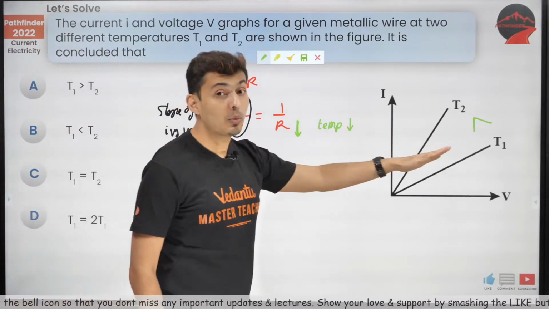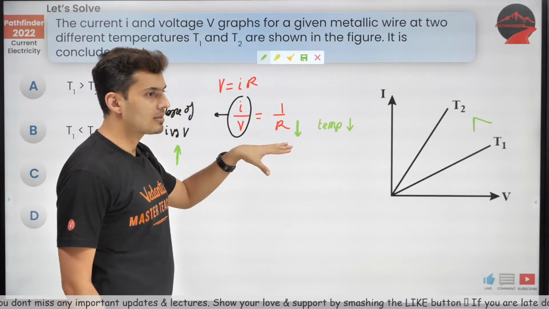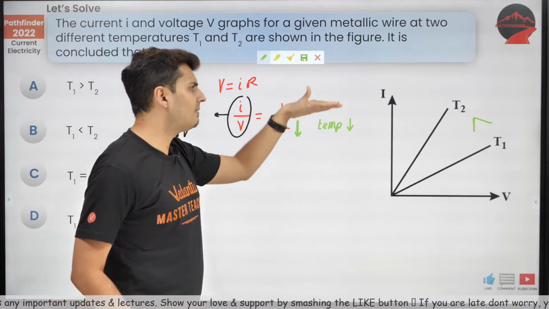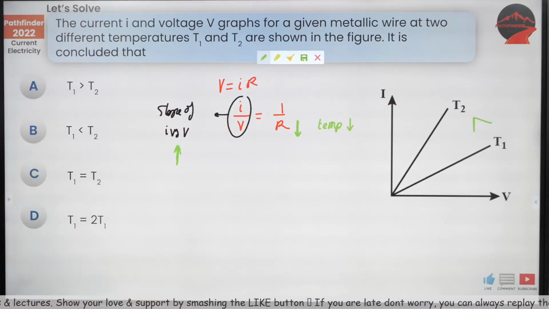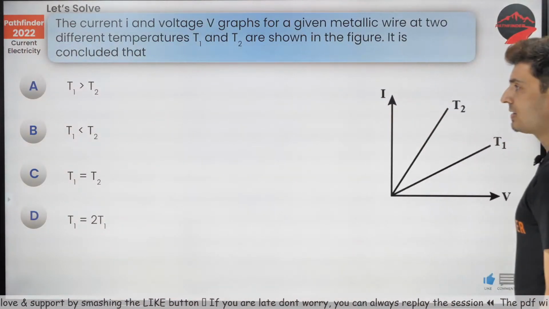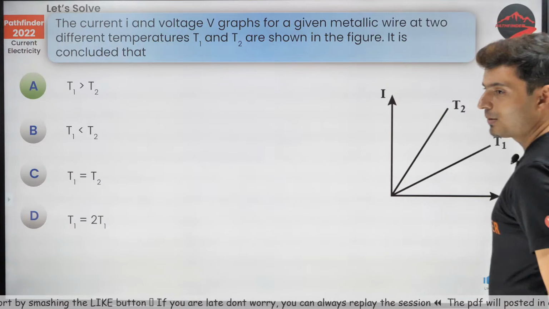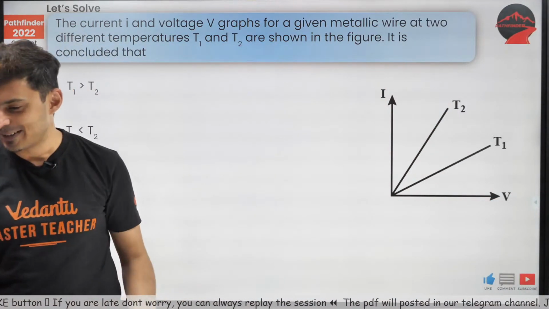So the one which has more slope, who has more slope? T2. So the one which has more slope has less resistance. So the one which has less resistance will also have less temperature. So T2 is less than T1, which is option A. As simple as that, based on Ohm's law and thermal resistance. Interesting. Very good. Many of you got it. So don't get confused. It's okay. OJS, no, it is A only.